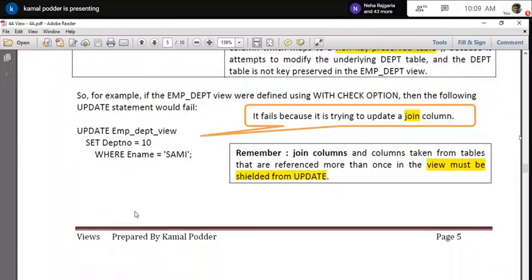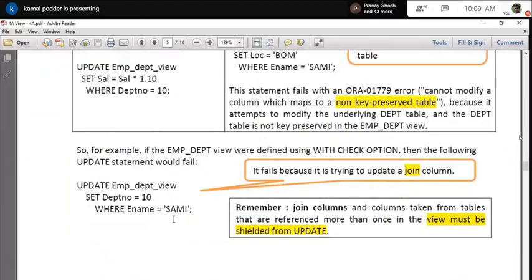Okay, so naturally, you understand that these are some of the additional things which you should know. Actually, it is very difficult to remember all the conditions. You do not need to do that. Only try to understand all the main concepts. And if by mistake you try to update or do something wrong, at that time it will give an error. And from that error, you should try to understand why this error is coming, what wrong you are doing. That is more than sufficient; there is no need to remember all the restrictions.